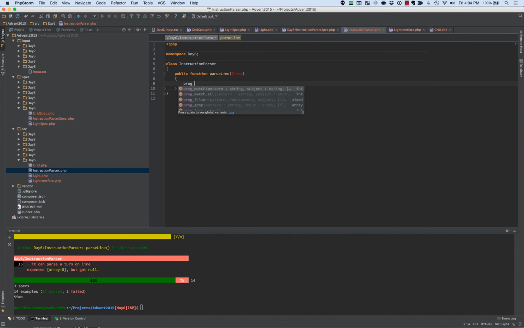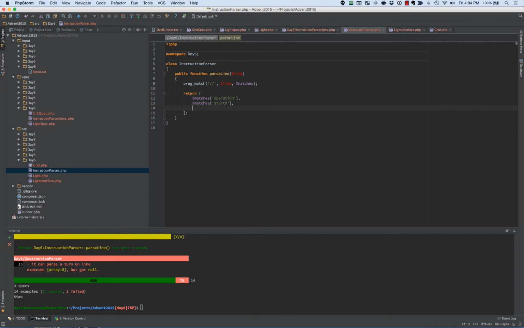So we'll do preg match, and put in our pattern, our line, we'll get our matches, and I'm going to come back and do the pattern in just a moment, but we're going to do a return, and I'm going to use named capture groups in the regular expression. So it'll be matches, and then the first one will be operation, and then matches start